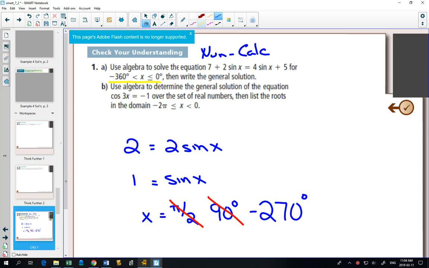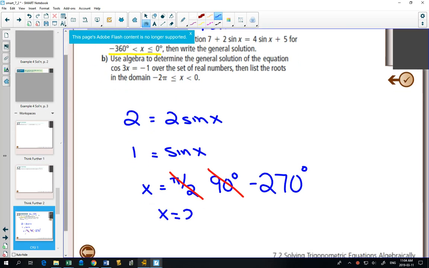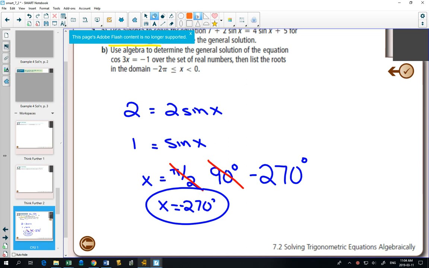All right, so maybe after all of that, I'll just write negative 270 degrees here and put a circle around it, because we've solved that correctly now. Now, still part of part A, it says, then write the general solution. So if I go to write the general solution,